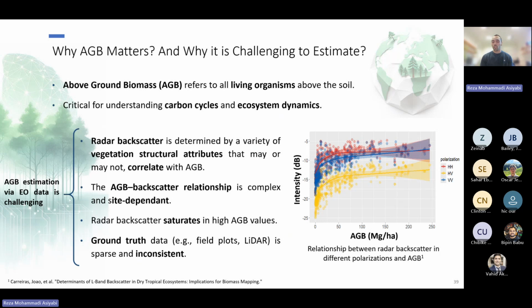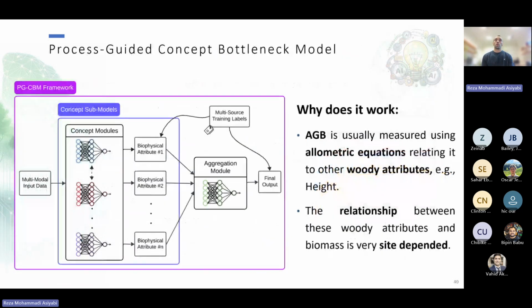The SAR backscattering also tends to saturate at high biomass values. And more importantly, especially for our field where we are working with deep learning, we need a lot of data. Ground truth data for AGB is very scarce. It's very inconsistent, just patchy locations in different places and some information from LiDAR data. So it's not easy to have very homogeneous, good-quality training data. So what we do here,